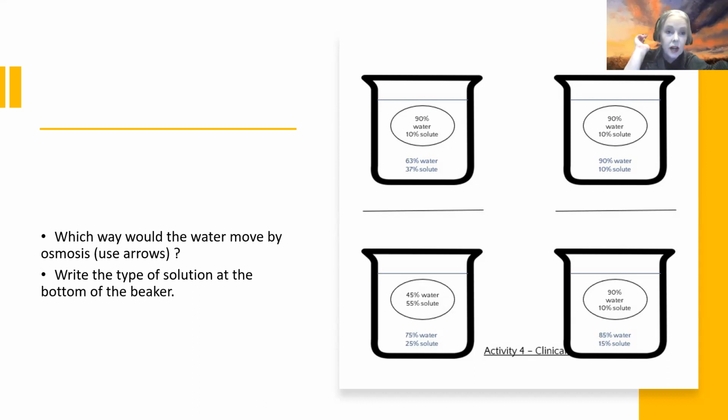Right? It wants to dilute. So the water is going to leave the egg. So if you're going to draw arrows, you'd be drawing arrows going out. Okay, if we jump to the opposite and we go into a hypotonic solution,